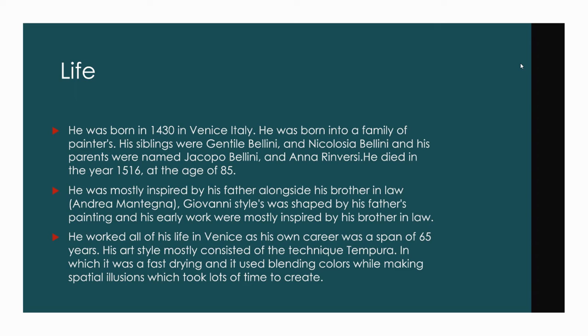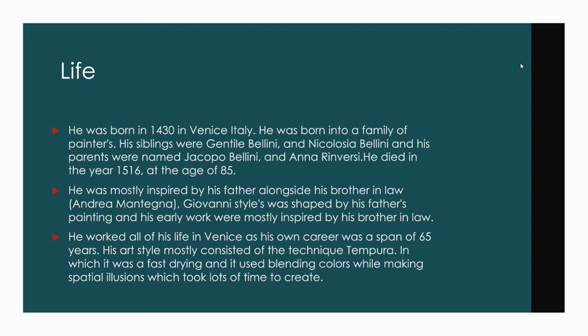as well as, what was the name? The manner-like style from Giorgione, as well as Titian, which is another artist, and his style of realism came from Antonello da Messina, and his spatial logic came from Piero della Francesca, is how you pronounce it, I believe. Well, anyways, he worked all of his life in Venice,